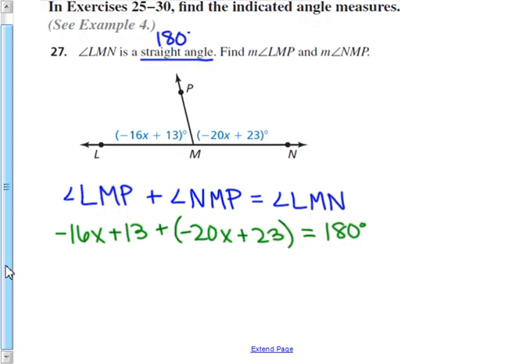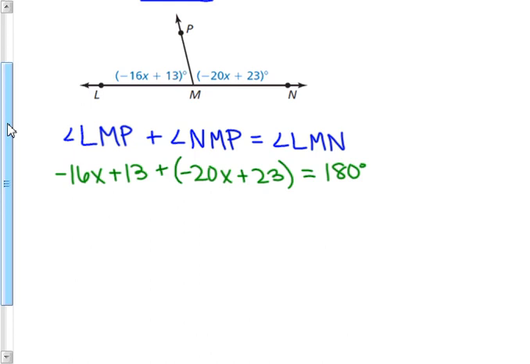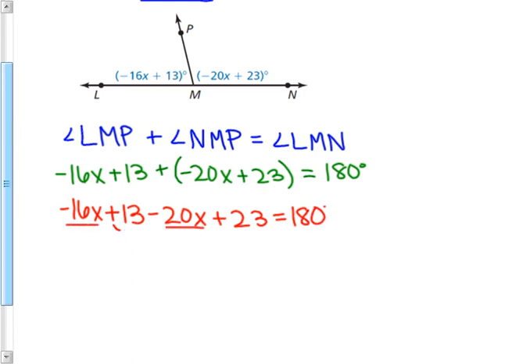All right, so scrolling down just a little bit. I'm going to go ahead and use my solving skills here and solve for x. First, I'm going to rewrite this without the parentheses. I have negative 16x plus 13 minus 20x plus 23 equals 180. And then I'm going to underline what I can combine. So I have negative 16x and negative 20x. That gives me negative 36x. 13 plus 23 gives me 36